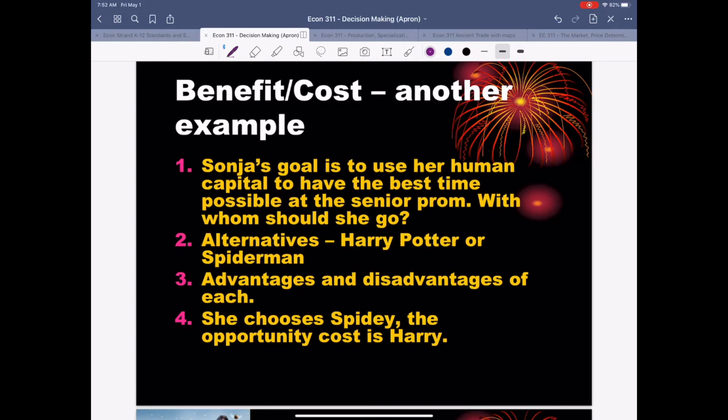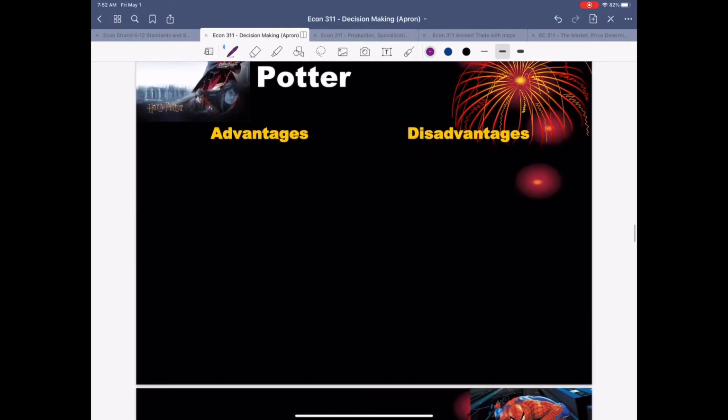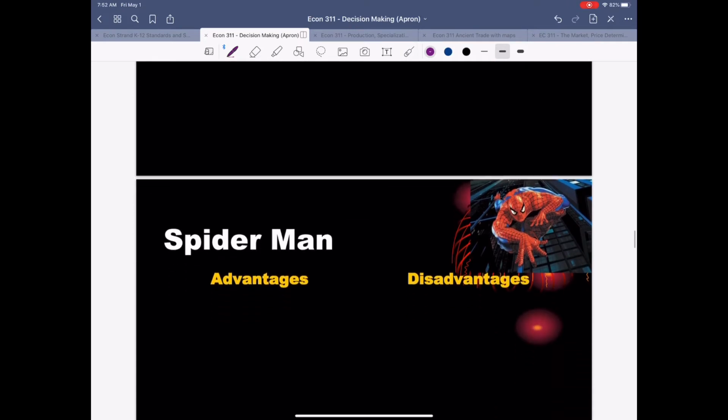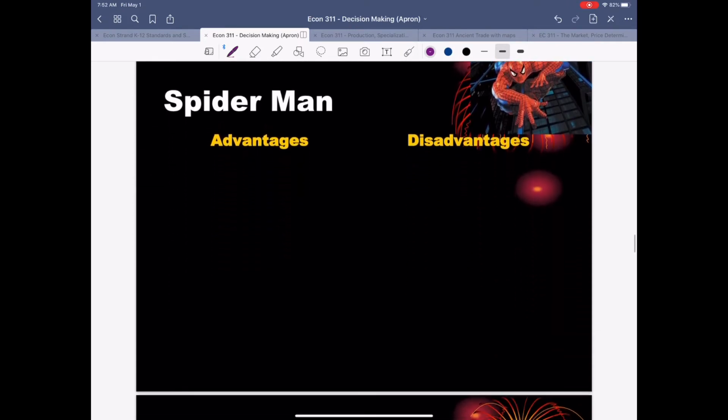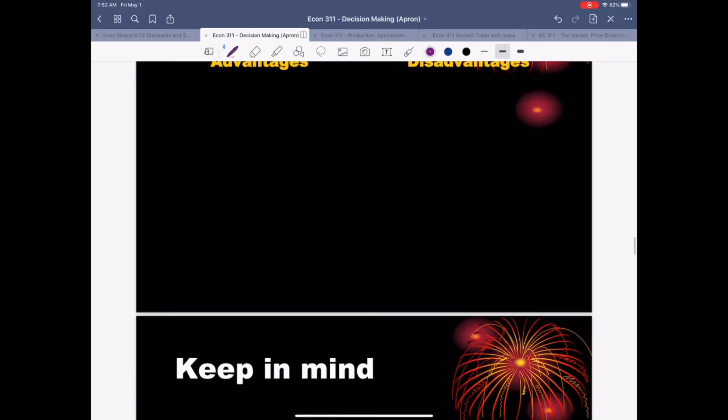The opportunity cost gives us an opportunity to show our students clearly that the cost of her choice is the benefits that she would have experienced of going to the prom with Harry Potter. So again, a nice clear explanation. And you can lay this out for your students and have them go through advantages and disadvantages. You can assign it in groups to students. There's just a ton of ways to make this interactive and meaningful and really entertaining for your students, but it